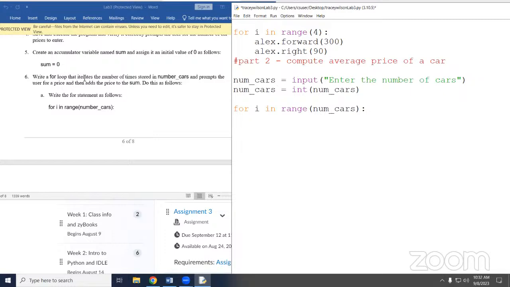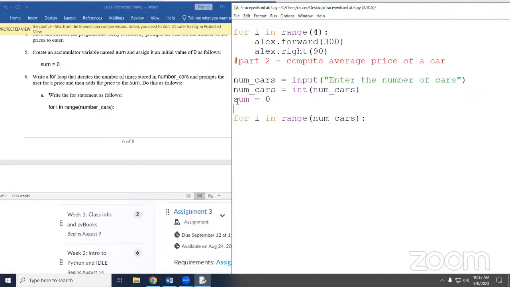But either way, we need a variable to keep up with the sum or the total. Right? So the thing about loops is that once they start, everything starts over, or it kind of is temporary. It clears and it goes away once it gets done. So we need to make sure if we want to use that total, that we declare the variable before the loop happens. And we want to do that because we want it to continue to exist once the loop stops. So I'm going to create the variable to keep the sum before the for loop. So I'm gonna come back up here and I'm gonna go sum equals 0.